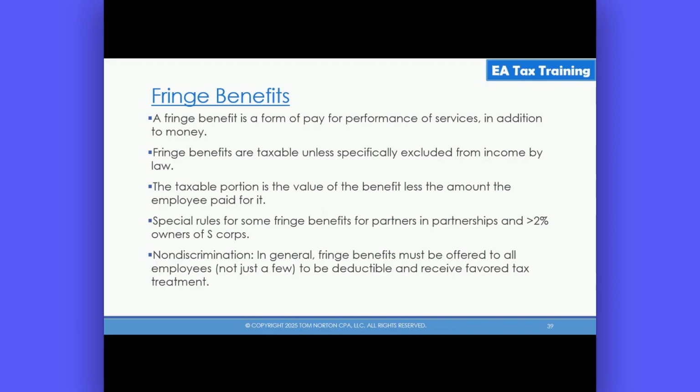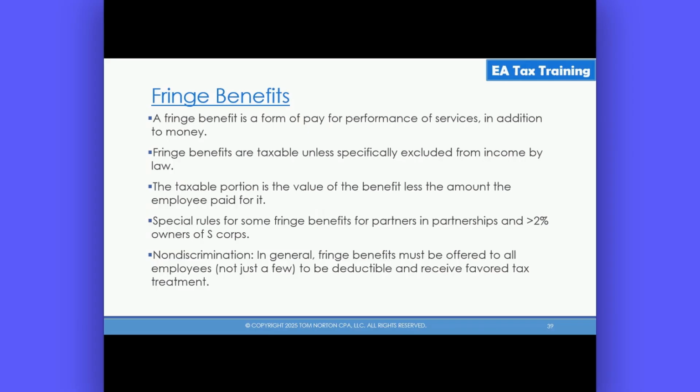And the reason we're talking about the ones that are excluded is because they are exceptions to that general rule. The taxable portion of the benefit is the value of the benefit less the amount the employee paid for it. So sometimes the employee is paying something. They're just not paying the full market value. So it's the difference between that full market value and how much they paid is the taxable portion of that